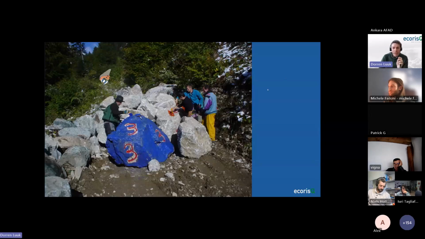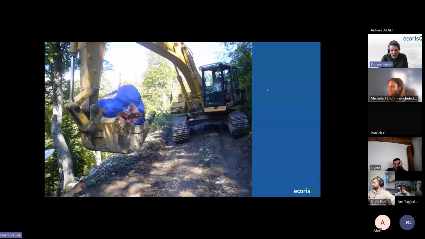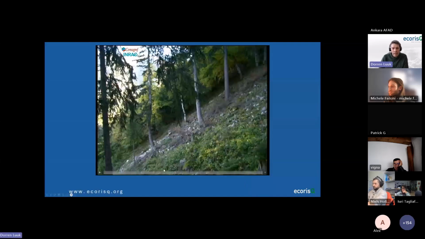So for that, we had a caterpillar during that project, and what we got from that is nice videos of around cubic meter blocks going down the slope. This is that avalanche track. You see there are not so many trees in there. It was more or less 10 meters wide, between 35 and 40 degrees steep. And some rocks were coming down like this, just what we